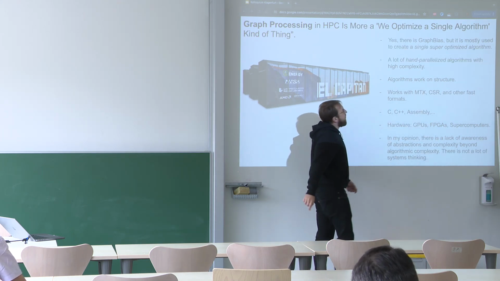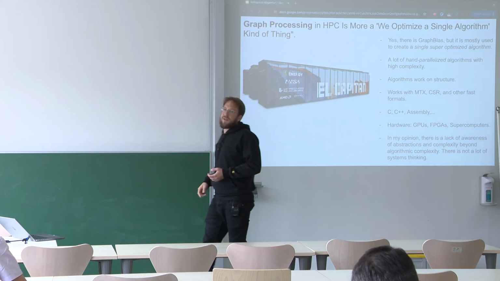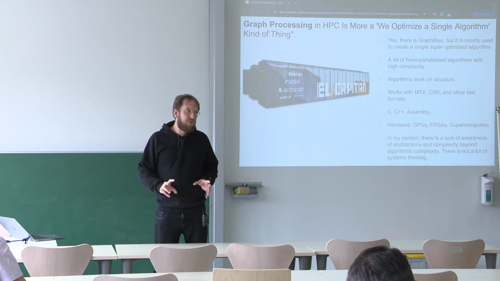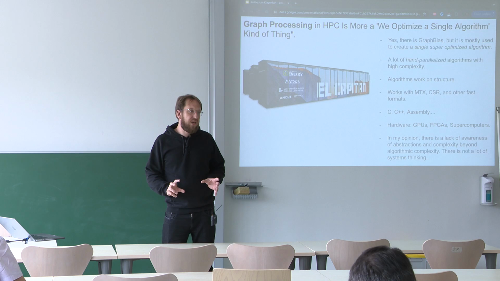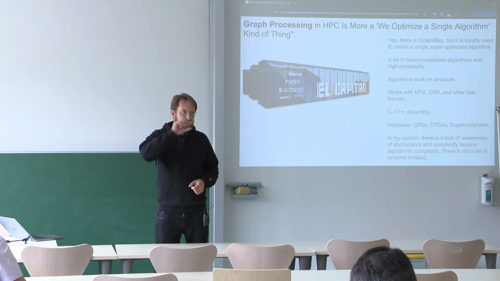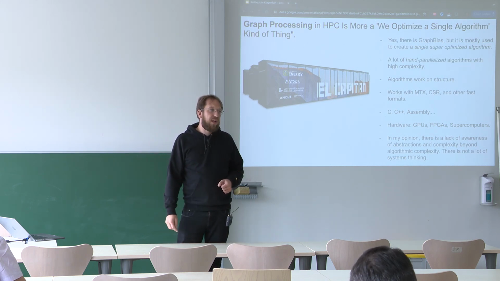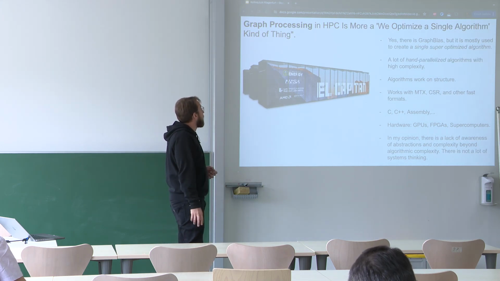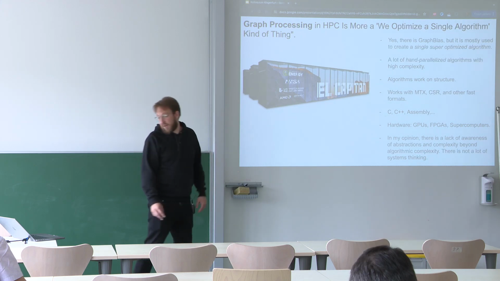HPC people very often only work on structure, right? So their graphs don't have attributes. It's a pure graph structure, and these are mostly edge lists that are zero indexed because they fit into these data structures, right? So you have an array or an array list, and you can have fast lookups because you have an index.